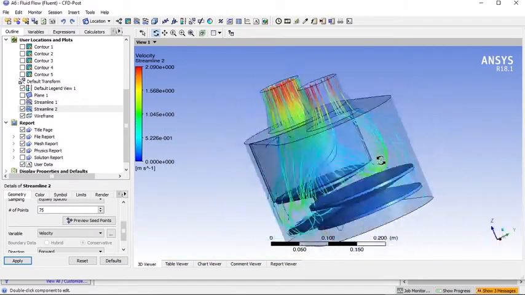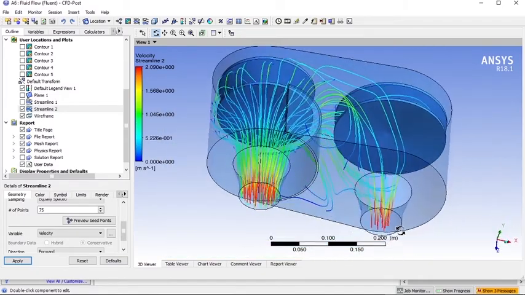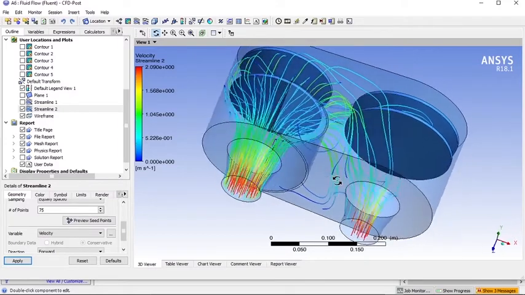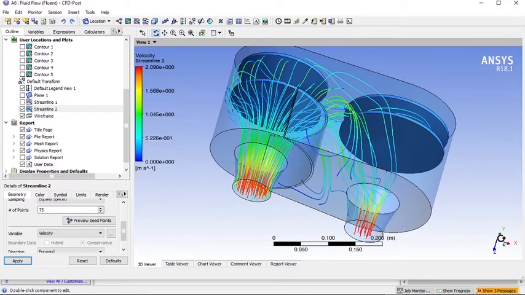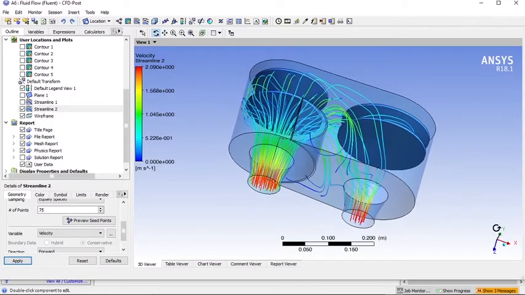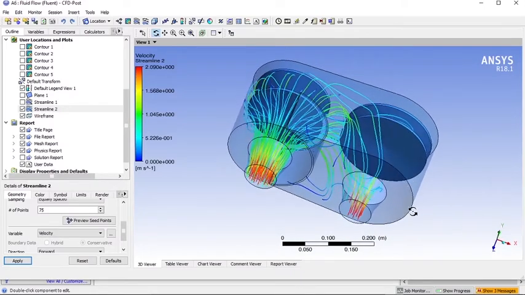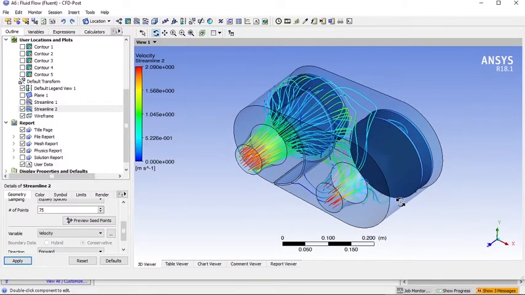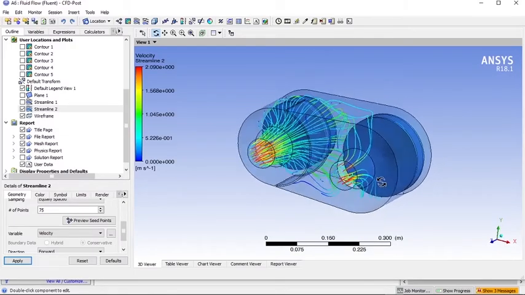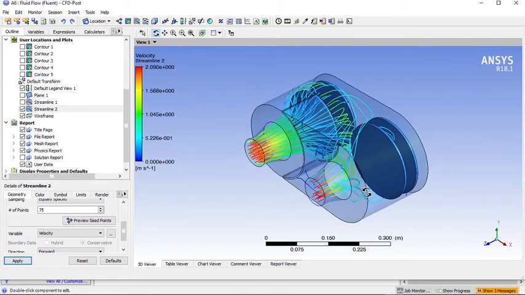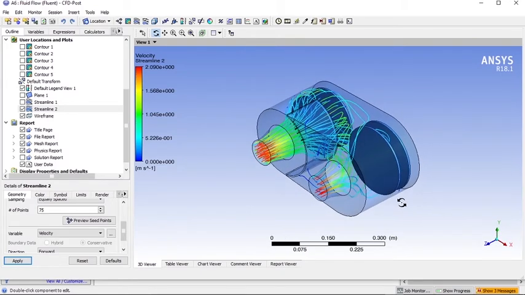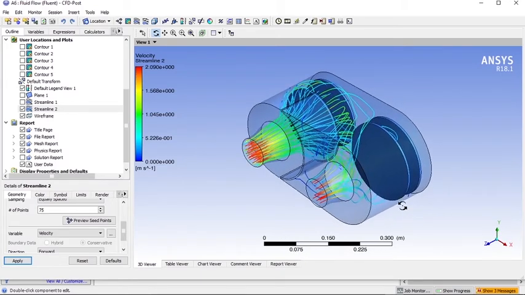And you can also compare it with realistic, for example, what they do in aerodynamics, the analysis of F1 cars. They have a smoke, and it helps in visualizing the airflow around the various objects, like the various parts of the F1 car, that is the wing or the spoiler and all that.